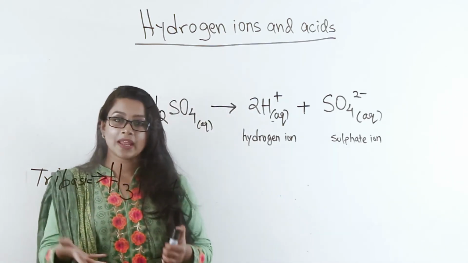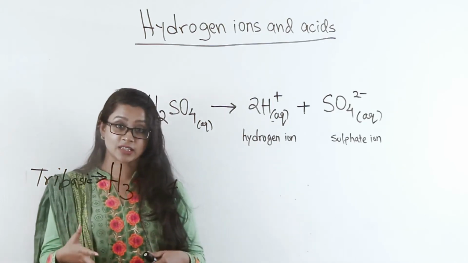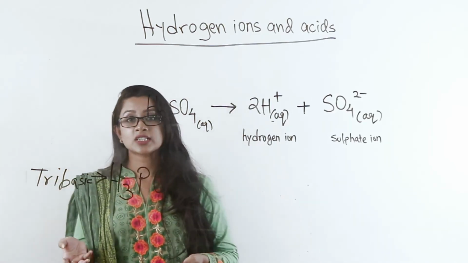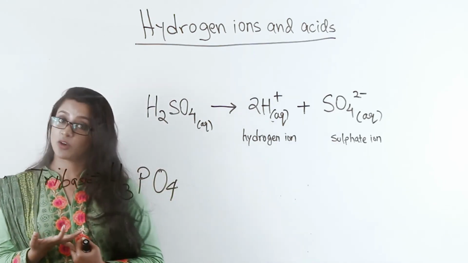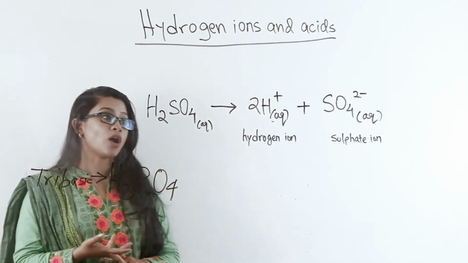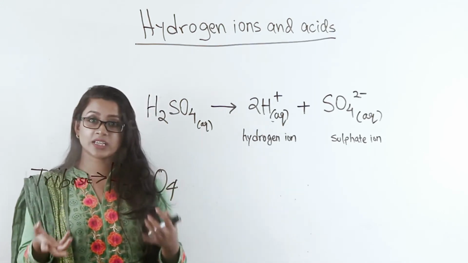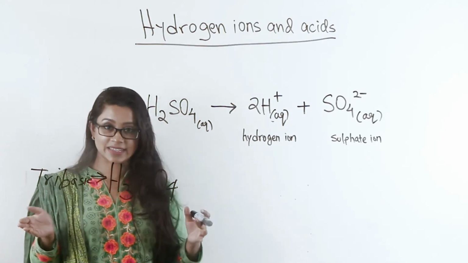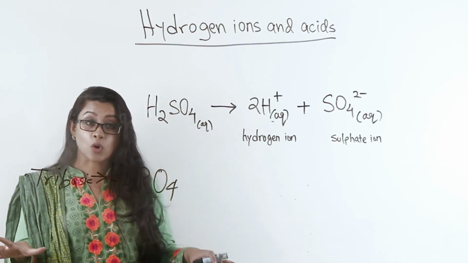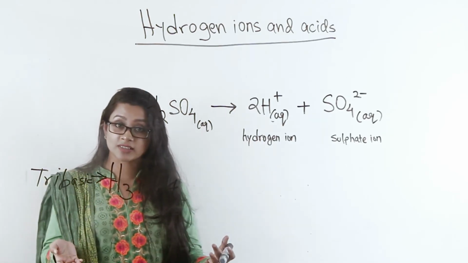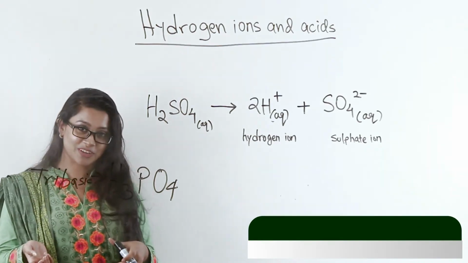So, up next come some of the uses, some of the importances of acids. We have so far discussed what an acid is, some chemical properties of an acid, and what exactly we understand when we say a chemical is an acid. What is left is some of the uses or the industrial importances of acids. And this is something we are going to discuss in this part of our lecture.